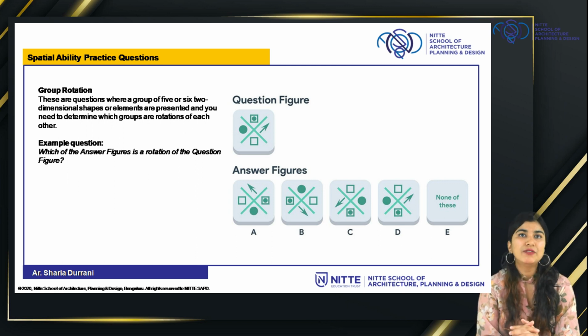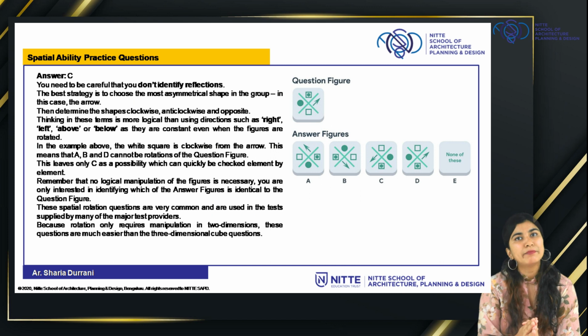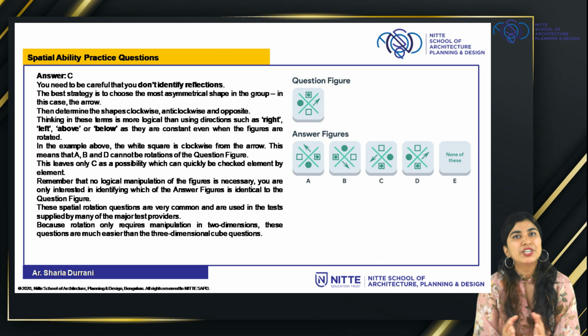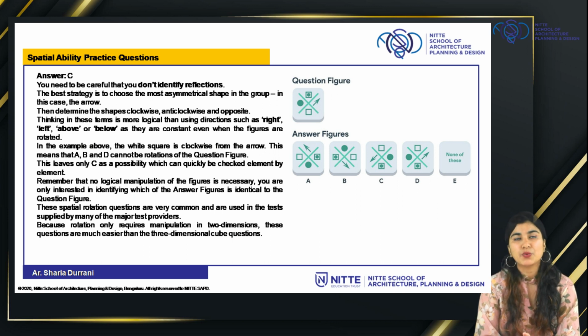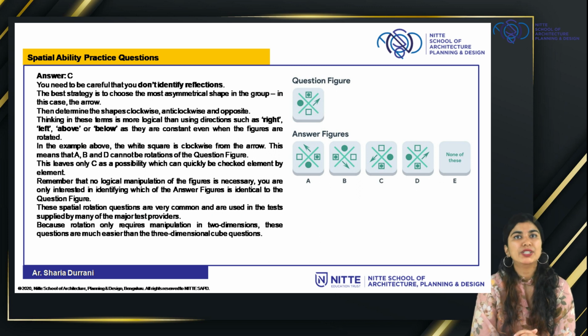Now the best way to solve such a problem is to see which of the figures are symmetrical and which of the figures are asymmetrical. In the current question, you have only one asymmetrical object, that is the arrow, and the rest 3 are symmetrical. The question lies here: when you rotate a symmetrical object, the object is going to look very much similar to the previous one, but an asymmetrical object when rotated will have a different figure. So all that you have to do in this question is to relate the asymmetrical object with the answer figures and try to find out the correct answer. The correct answer here is option C.